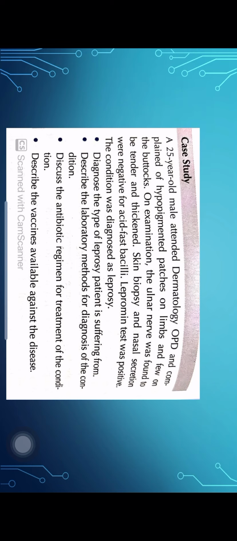Then the fourth question is: describe the vaccines available against the disease. So which vaccines are available for leprosy? There are vaccines available for leprosy which are used for treatment as well as for prophylaxis, for both the purposes. In treatment, immunotherapy is given, and in immunotherapy, immunomodulatory drugs,